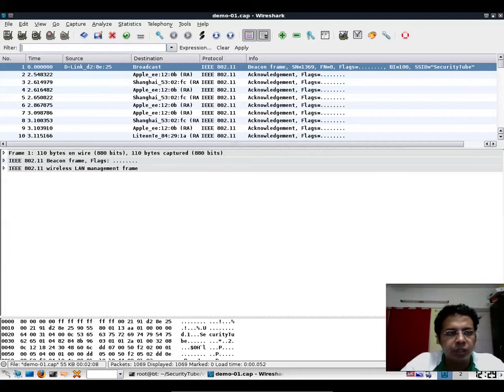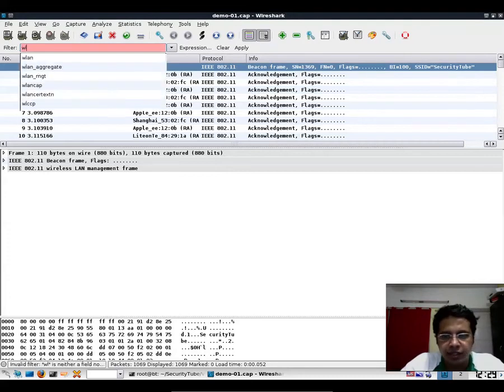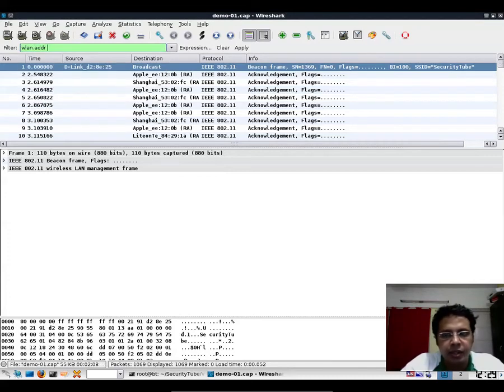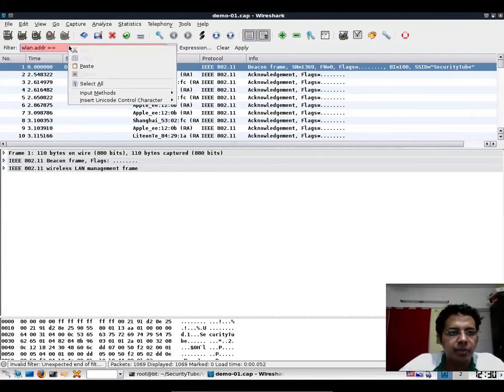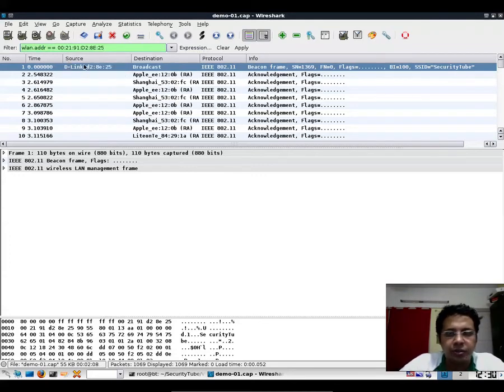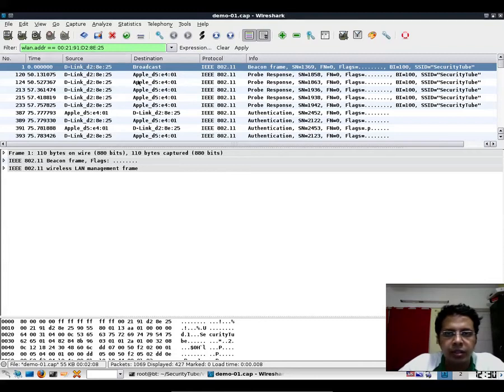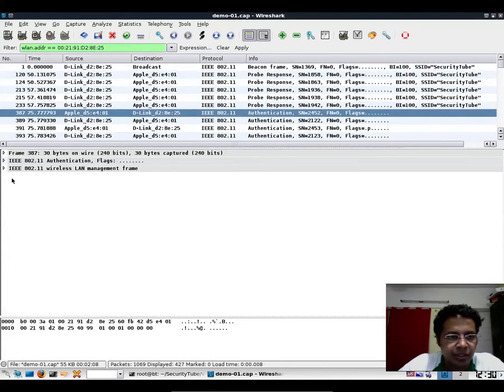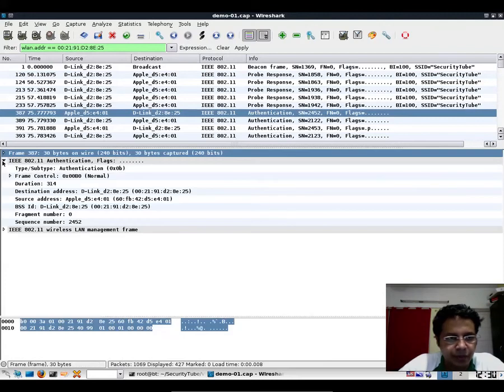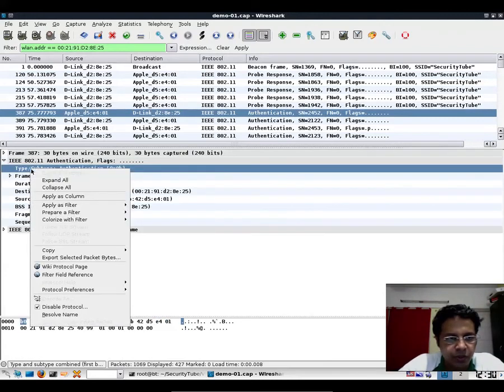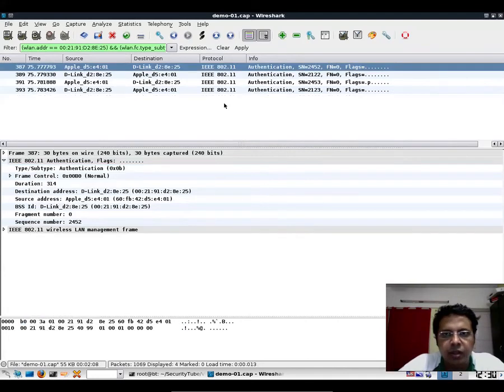Now what we need to do is add a filter for wlan.addr equals, and this is where we place the MAC address of the access point. Hit enter. This is what we get here, and what we are really interested in is just the authentication packets. So let me apply a quick filter for authentication, right?